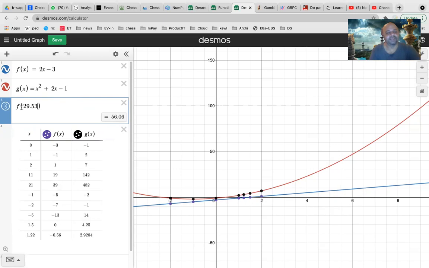Now, if it is not f of x, if it is g of x, then also if you make it, it will give you the value of g. Now, g of x, what is the value? The way you calculate is you take whatever you give it, you square it, plus 2 times that value minus 1 is the value, right? So if you make it 9.53, then the value is 108.8809. So it is immediately telling you.